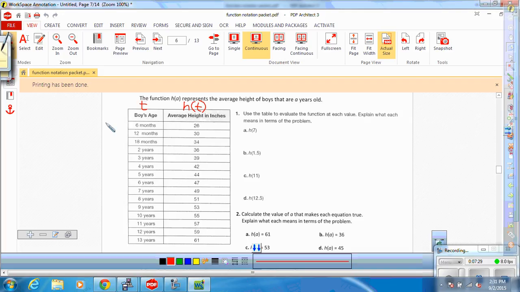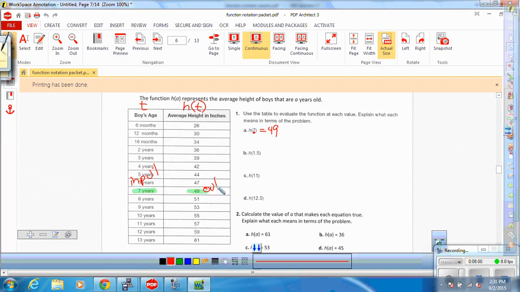So if this is my h of t function, or my h function, when this says find h of 7, it's telling me what the input is. So I don't have an equation to plug it into, but I do have a table to plug it into. So for an input of 7, I look for, okay, here's the input of 7. What's the output for 7? 49. So h of 7 is equal to 49. Input,